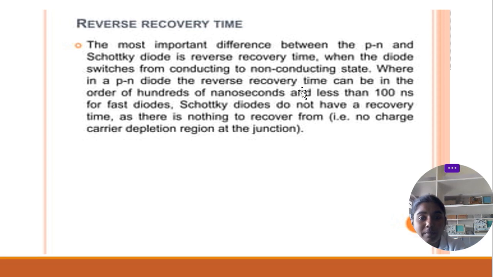Next is reverse recovery time. The most important difference between the PN and Schottky diode is reverse recovery time. The Schottky diode has a low forward voltage drop, but the major difference is reverse recovery time, when the diode switches from conducting to non-conducting state. For a PN diode, the reverse recovery time is on the order of hundreds of nanoseconds, and less than 100 nanoseconds for fast diodes. The Schottky diode does not have the